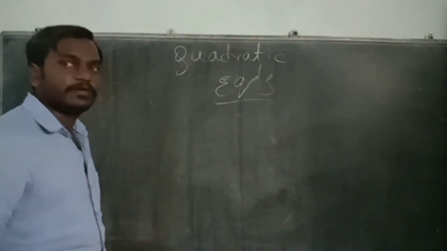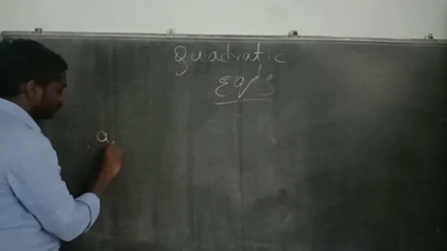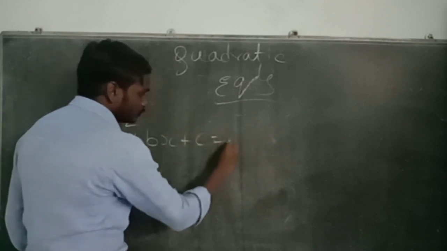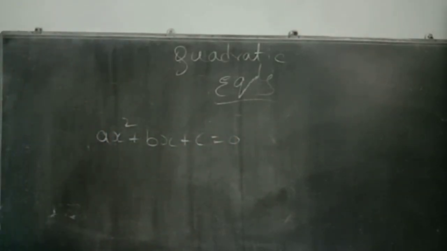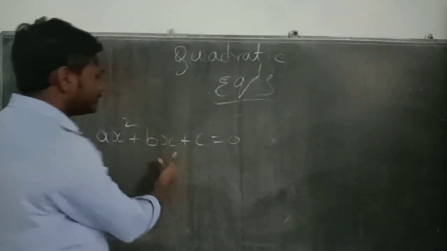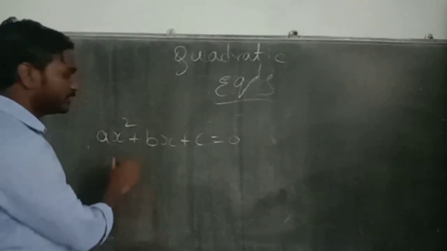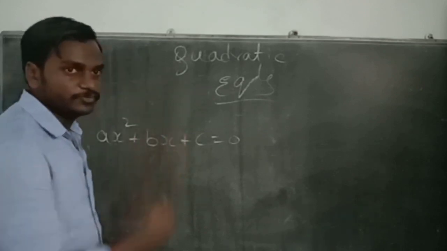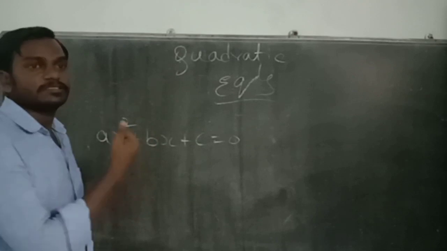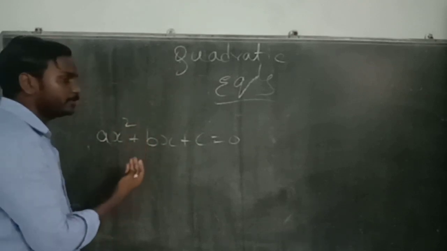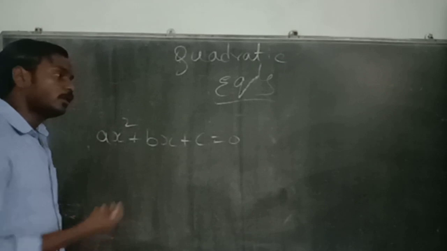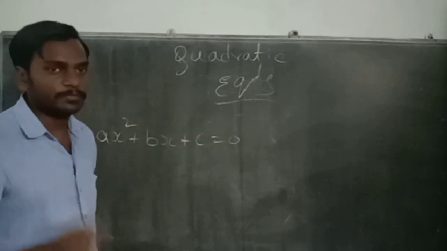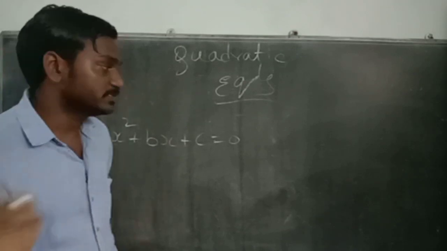The basic form of a quadratic equation is ax square plus bx plus c is equal to 0. In this basic form, we can solve the quadratic equation in different methods. That can be the substitution method, or the factorization method, or the squares method, or the division method. Whatever it might be, the conditions might be different, but the answer must be the same.